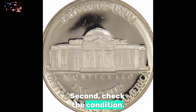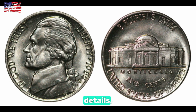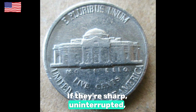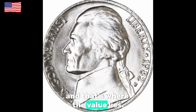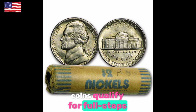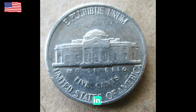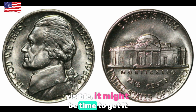Second, check the condition. If the coin looks fresh, uncirculated, and has full details, it could be a good candidate for grading. Third, examine those steps on Monticello. If they're sharp, uninterrupted, and fully visible, you may have a full steps coin, and that's where the value lies. Remember, only uncirculated coins qualify for full steps grading. If your coin has been through circulation, if it's worn or scratched, it probably won't be worth sending in. But if it's mint state quality and has the steps clearly visible, it might be time to get it evaluated